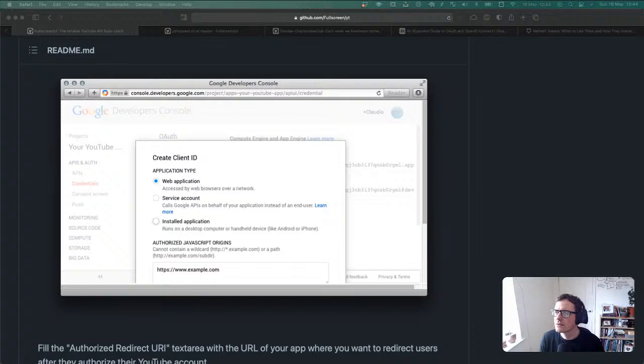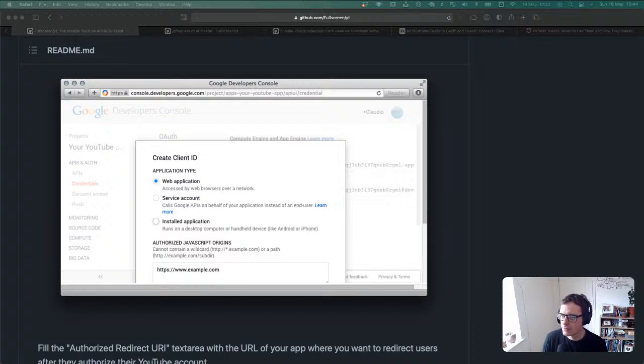Okay, well, let's do external, because that's really the one that we would want to do, and see what testing mode even looks like. Oh, and then I have to fill in, oh my god, so much information. Okay, bear with me here, because this is the admin of it all. User support email. Okay, app logo, is that mandatory? No. Application homepage, is any of that mandatory? Can I just skip all of that?